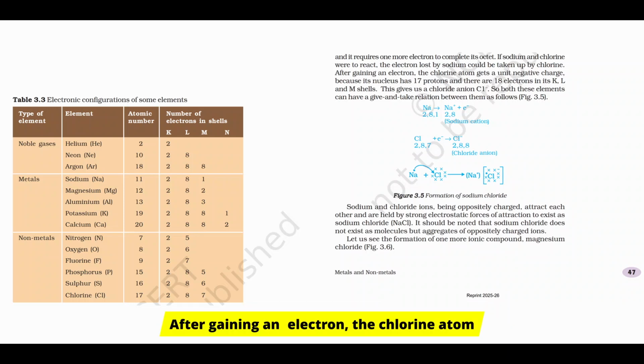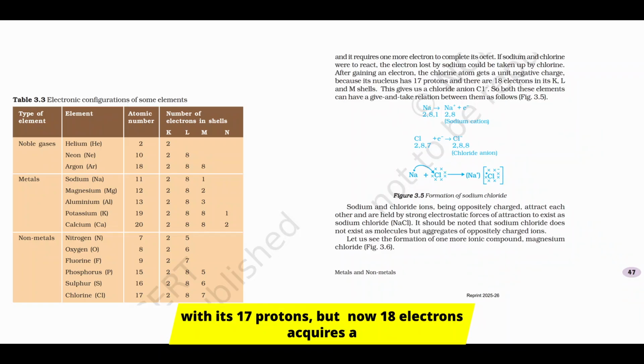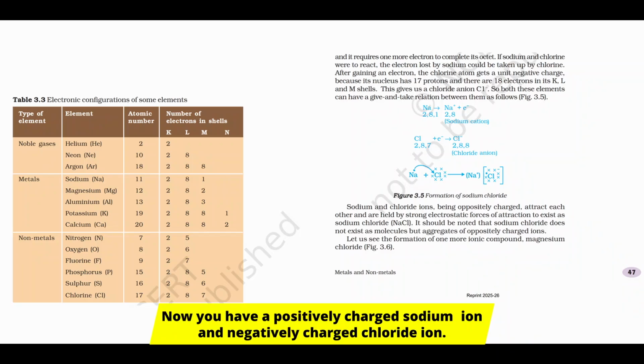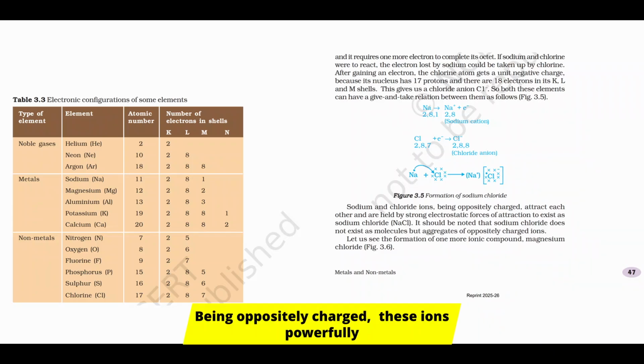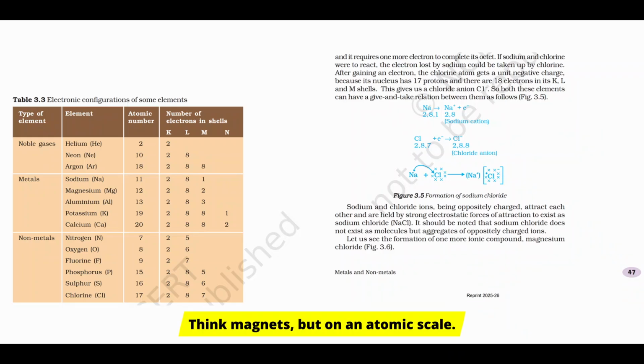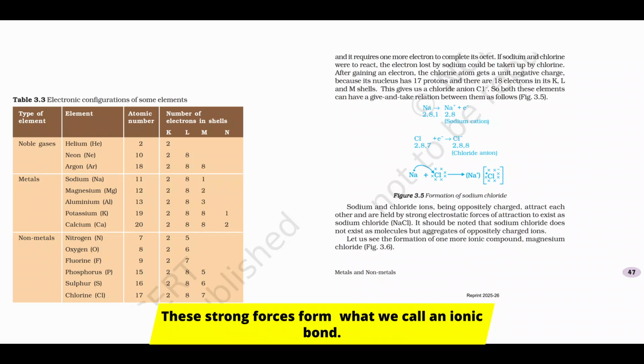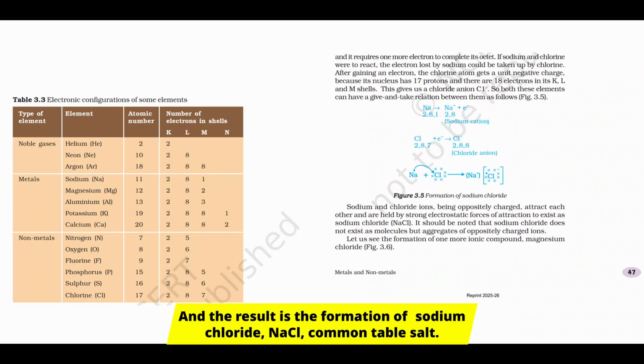Correct. After gaining an electron, the chlorine atom, with its 17 protons but now 18 electrons, acquires a unit negative charge, forming a chloride anion, Cl-. Now, you have a positively charged sodium ion and a negatively charged chloride ion. What happens next? Simple physics. Opposites attract. Exactly. Being oppositely charged, these ions powerfully attract each other through strong electrostatic forces. Think magnets, but on an atomic scale. These strong forces form what we call an ionic bond, and the result is the formation of sodium chloride, NaCl,